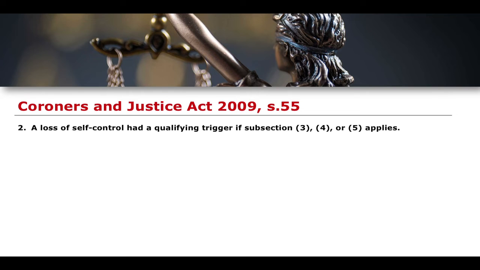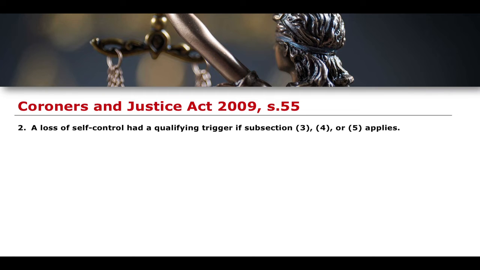Section 55 of the Act says the following. I'm not going to read all of it because I'm only focusing on the specific elements relating to the qualifying trigger. So, Section 55, subsection 2 says a loss of self-control had a qualifying trigger if subsection 3, 4, or 5 applies. So, essentially, if you are the prosecution and you have been given a defendant who is charged with murder, and the defense is arguing for